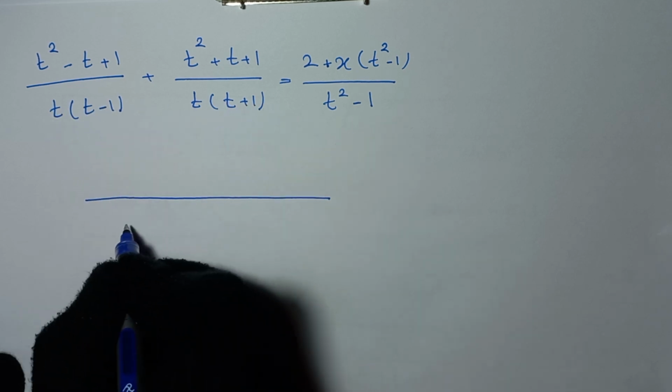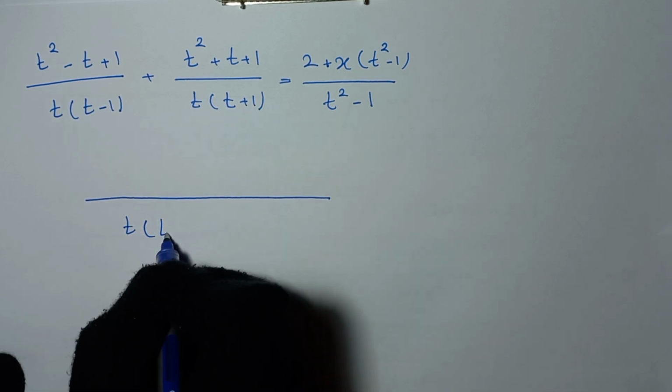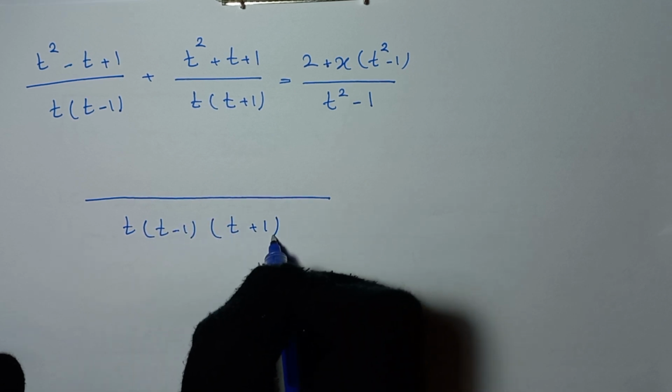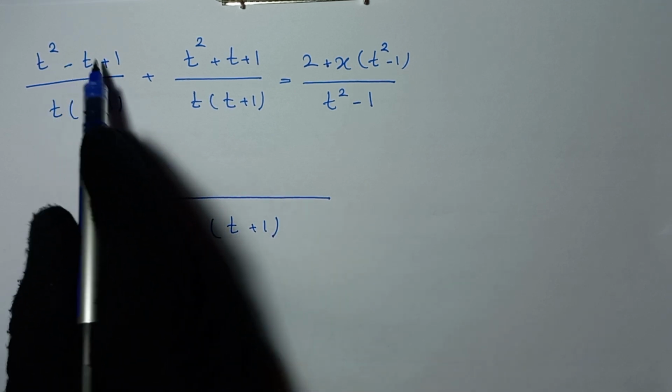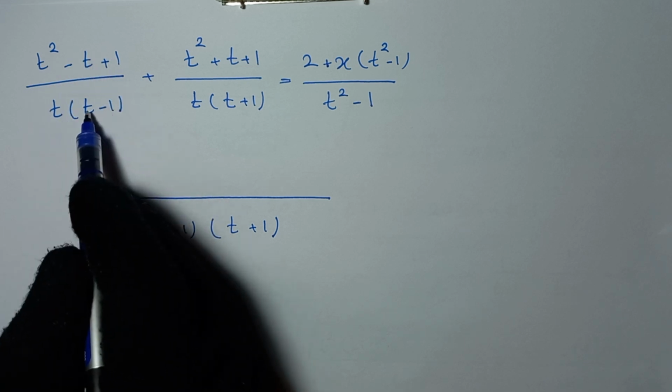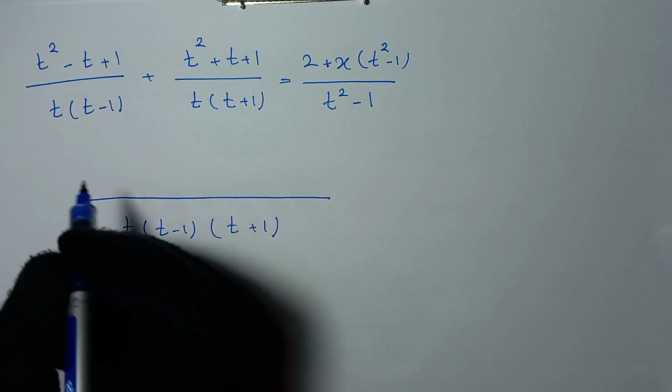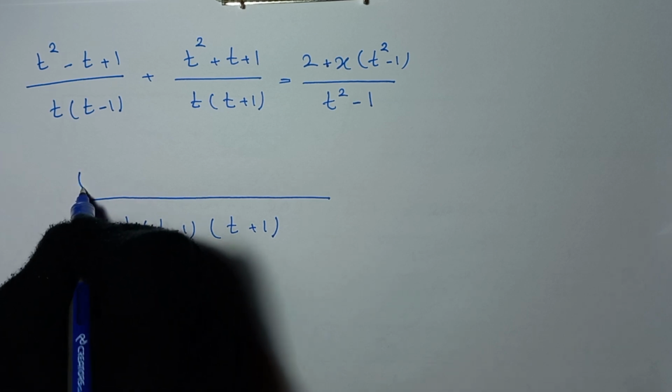So we write in here, t times t minus 1 times t plus 1. And in here, this denominator multiplied by t plus 1, so we multiply this numerator by t plus 1,